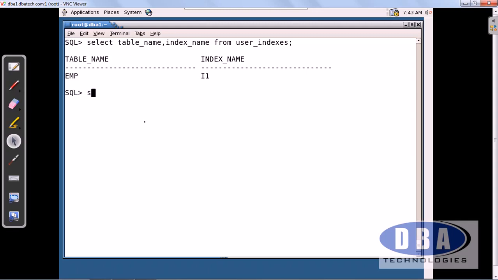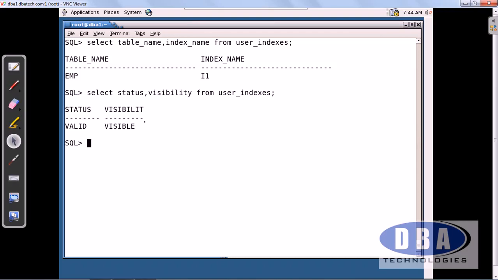Okay, and select status, visibility from user_indexes. So user_indexes shows that status is valid and visibility is visible. That means this index is visible.